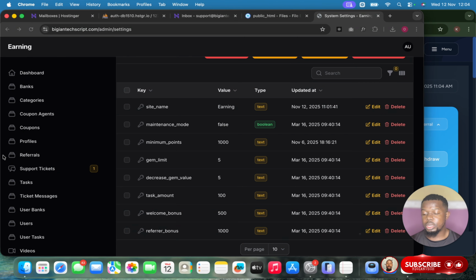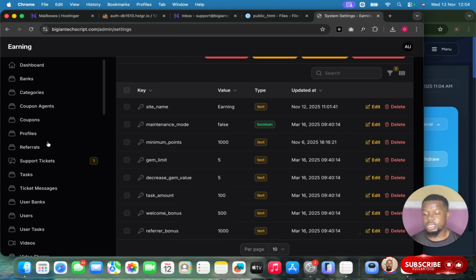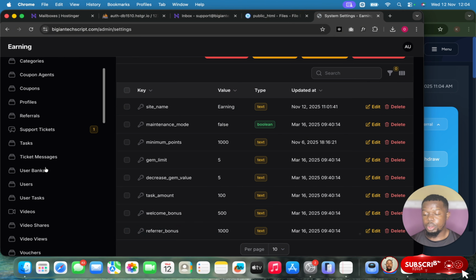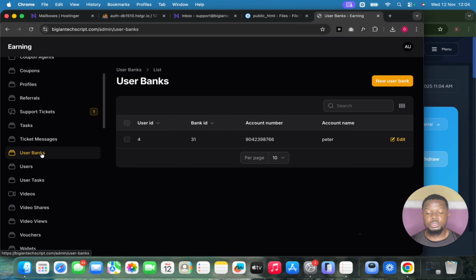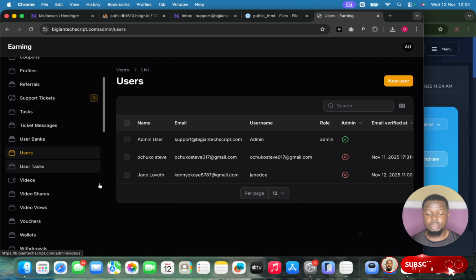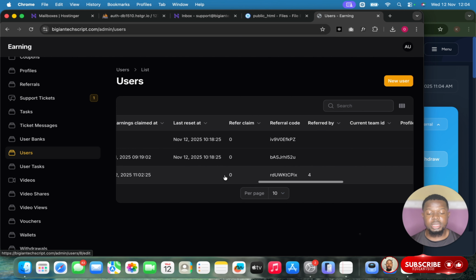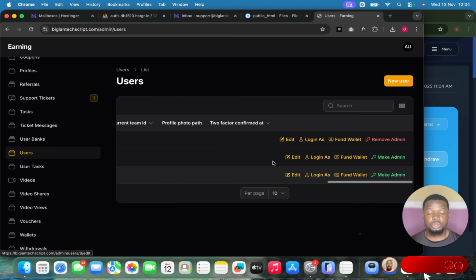Go back to admin section. As you can see, we're getting the hang of it. Alright, so if we go to admin section here, this is for user banks. If user wants to withdraw, this is what you see. Now go to users, admin. You have to see all the users here. Now you can add any users as admin, but I won't suggest you do that mistake. You can also log in as user, also the user wallet, and if you click on edit on this particular user,